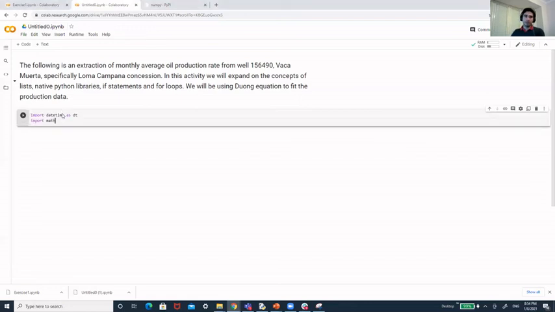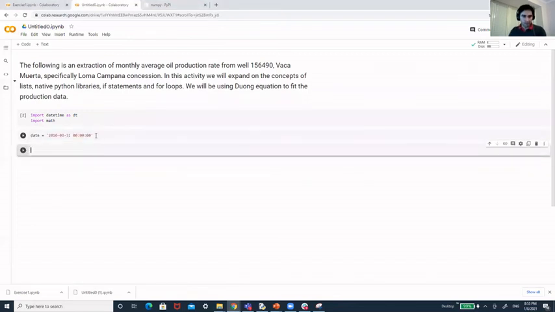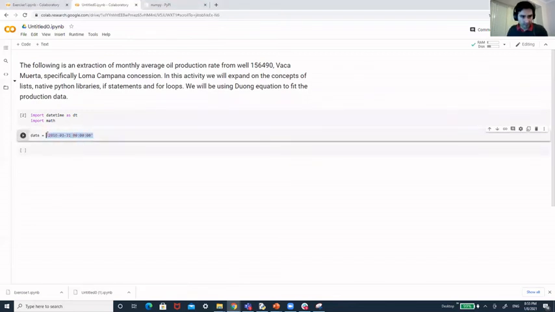We're going to use a time map, and I'm going to give you some of this data. We have a date, and if you see this information here, can you tell me what type of variable this one is?